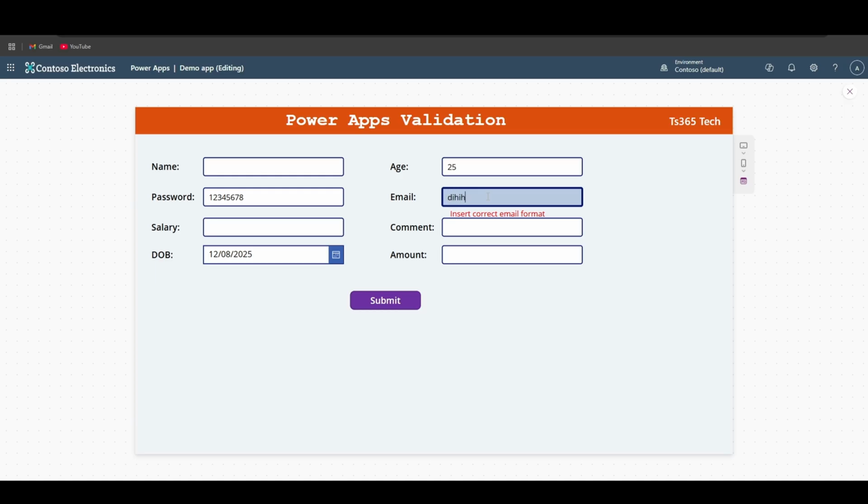Anything I add, it will make this label visible. I will add the correct email format. Now the label also hides and this is showing green. Now let's move to the next function,